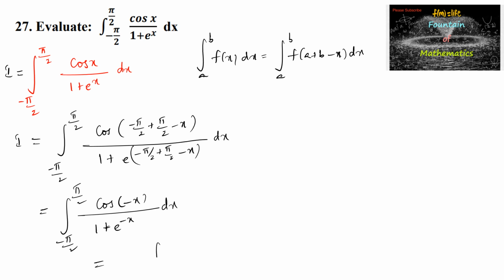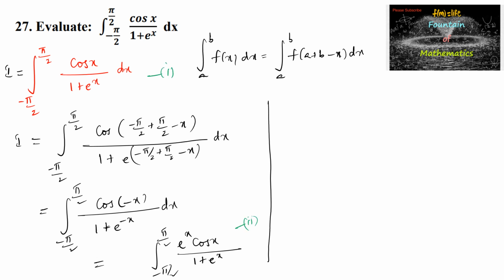Upon simplifying, you can write minus pi by 2 to plus pi by 2. Cos of negative x is cos x divided by 1 plus 1 by e power x, that is 1 plus e power x divided by e power x will come in the numerator. Say this is 1, and say this is 2, adding 1 and 2,